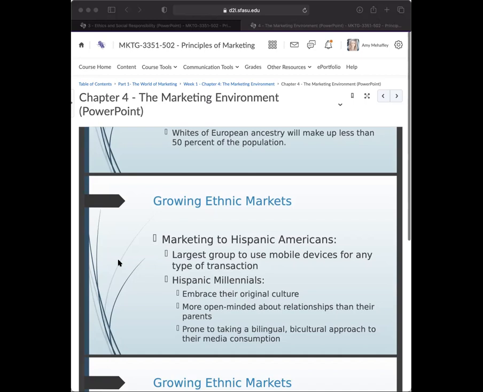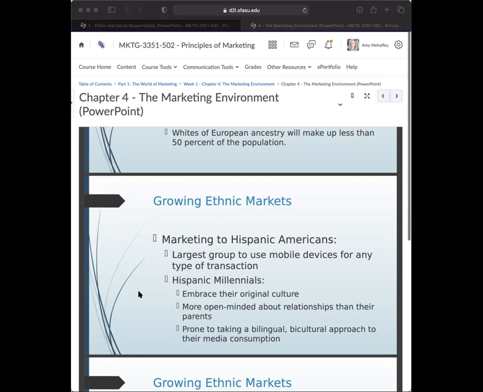Hispanic Americans tend to, and I'm generalizing here, I'm not stereotyping, but for the sake of teaching you, this is just kind of a generalization, but culturally, Hispanic Americans are very familial. They often live and work together. They do lots of things as families, and that includes shopping. And so Kohl's sees themselves as positioned very well to appeal to that demographic group, because they embrace their culture. They understand how they shop together. They offer lots of different things in one store. And so that is something that they will openly say is a target market that they try to reach, and they try to provide value to that group.